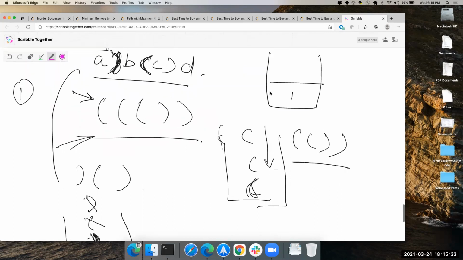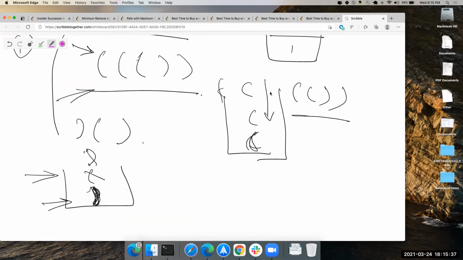Is this your first step? Basically, that's the first step: to find all the invalid indexes. Then the second step is to remove all of those. In your answer, as you're going through your array, you check if i is present. If it is not there in the stack, you add it to your result. If it is there, you don't add it.